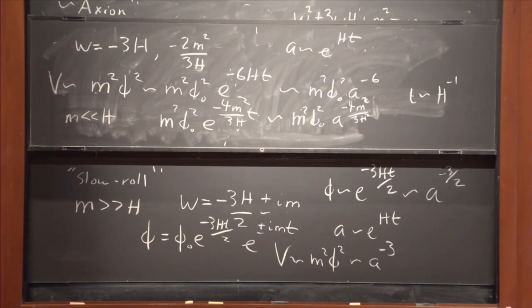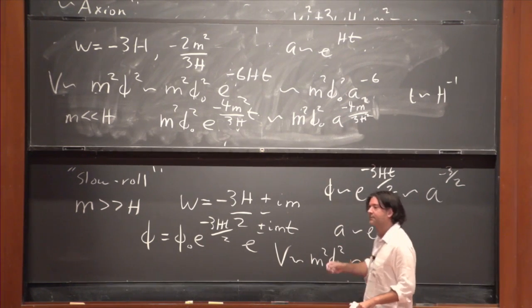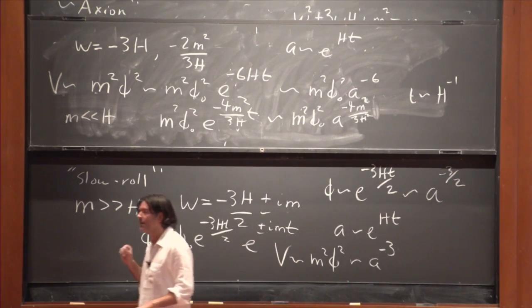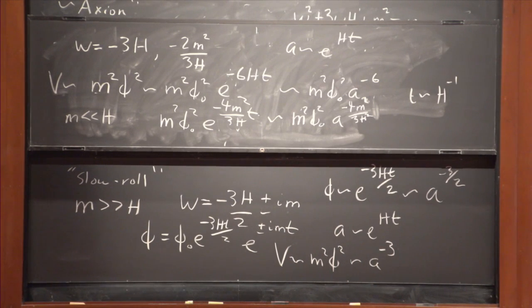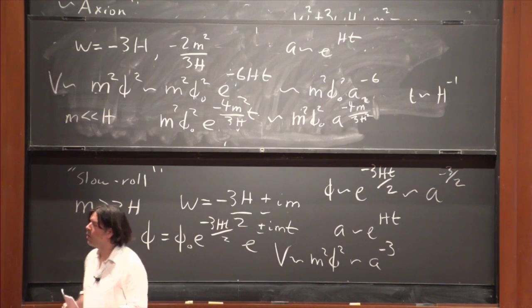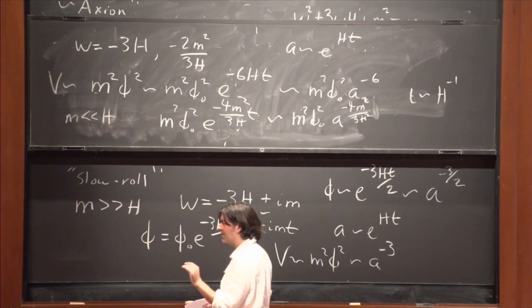Questions about that? So you said V is rho. Sorry? V is the energy density. Well, properly, the energy density is m squared phi squared plus phi dot squared over 2, or phi dot squared, right? I was trying to make that a to the minus 4, because that's what it should be for radiation, right? And in the limit m much smaller than